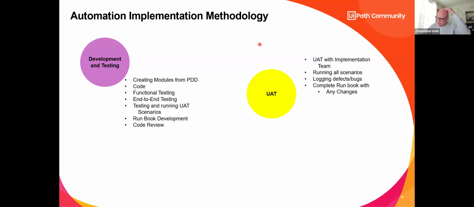So some people say, well, we don't do changes after solution design. Well, a change can literally happen at any time in the automation process. You don't own the automation, the client does. If the client wants to change what they own, they're allowed to do that. There are 3 different change types in my world. I guess you could say there's 4. A normal change, a standard change, a major change, and an emergency change.